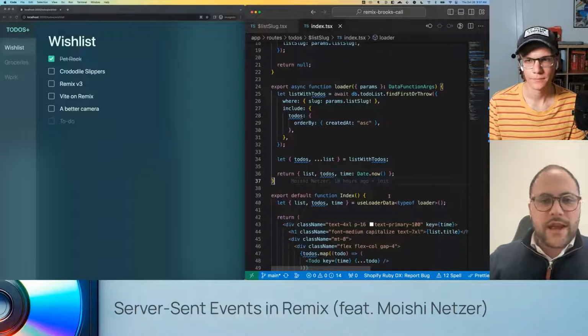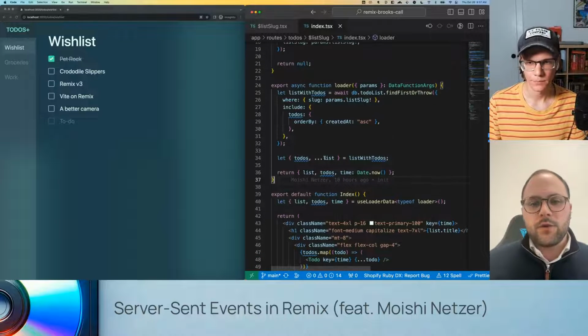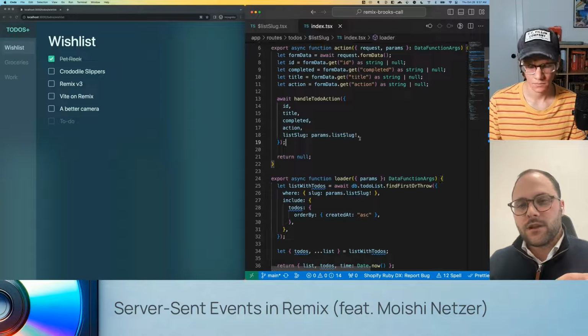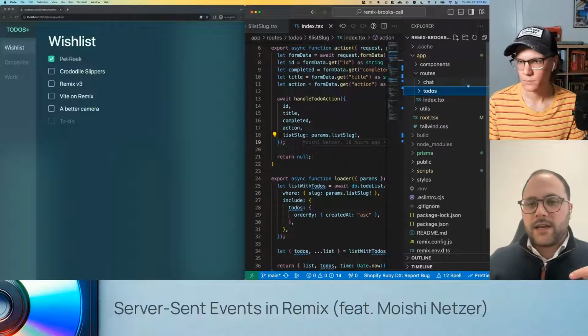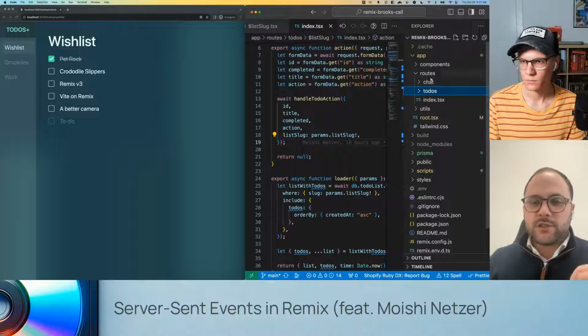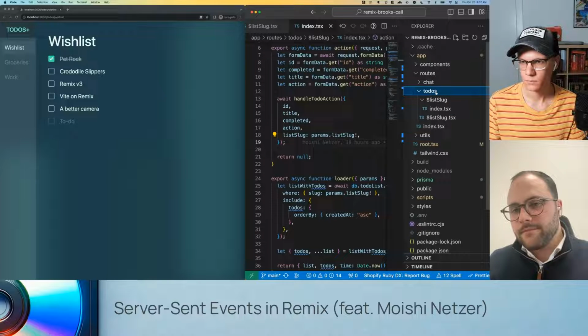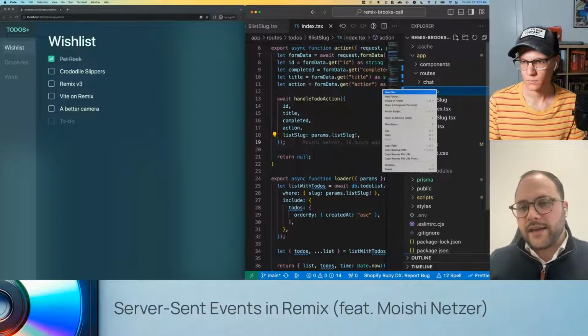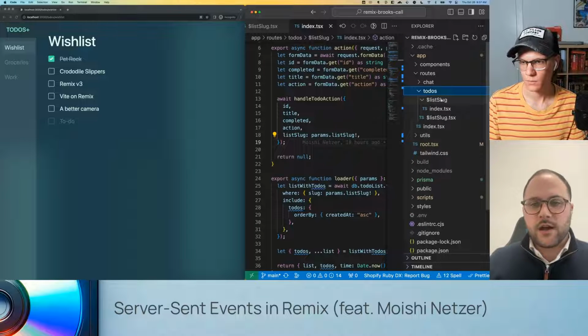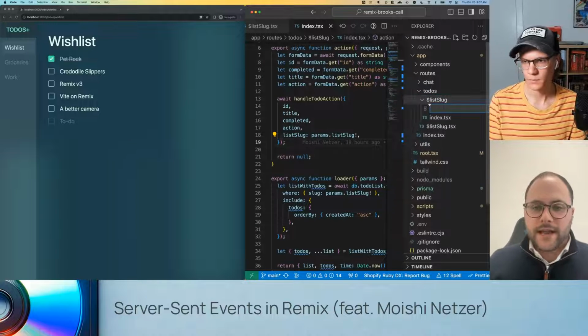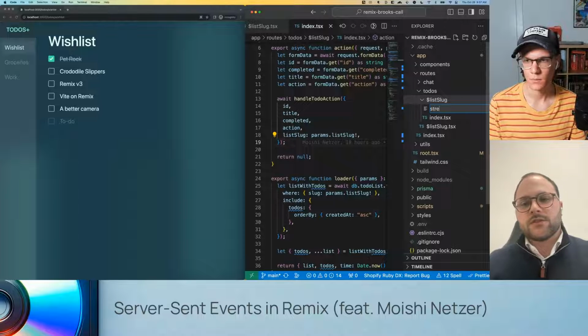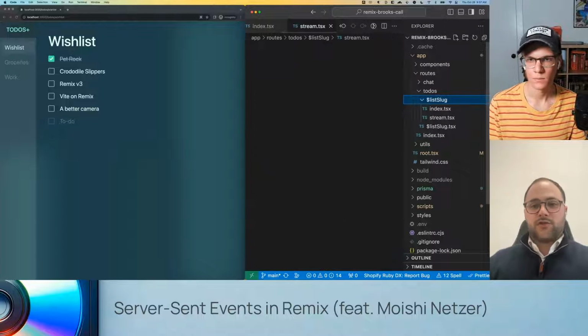Cool. So maybe let's create the event stream first, okay? Sure. So if you open up the project directory, the files, and let's do this inside the same folder you were just in. So if you open up to-dos again, if you make a new file alongside that index, inside this slide, a bit lower, exactly. Let's call that stream. So stream.tsx. And this is going to be our event stream, right?